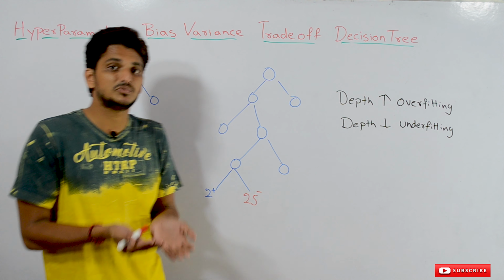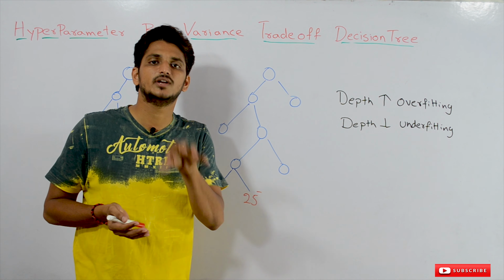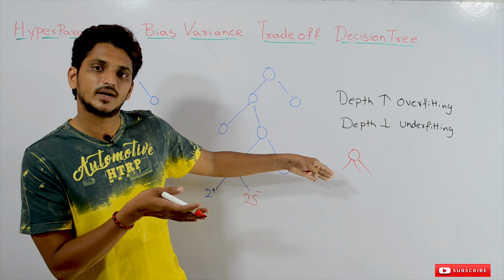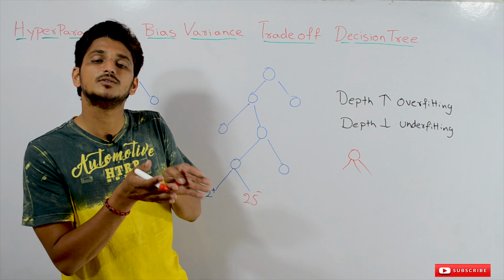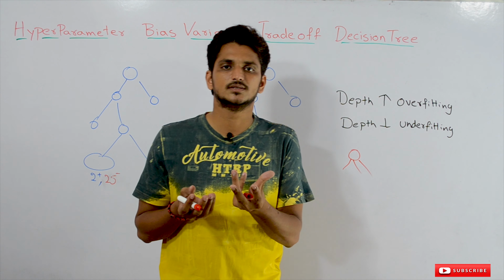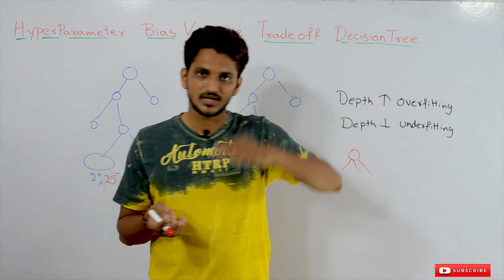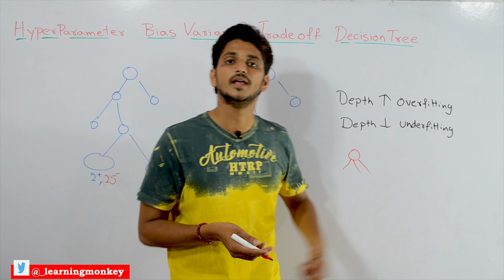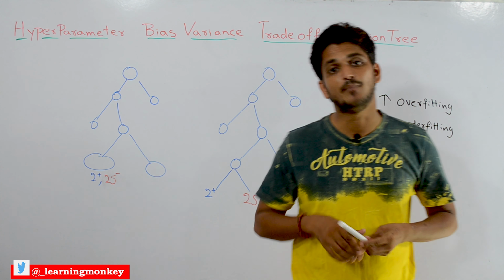In the same way, as the depth decreases, we move towards underfitted models. Why? Let's take a depth of 1. Our decision tree has only depth 1. That means we do prediction based on this one column, so we are very biased to this column. High bias models mean underfitted models. As the depth decreases, we move towards underfitting. As the depth increases, we move towards overfitting. So we have to identify the best depth